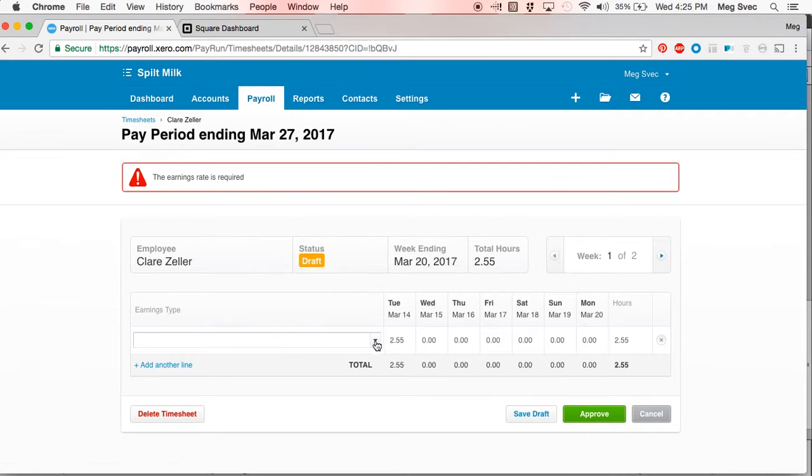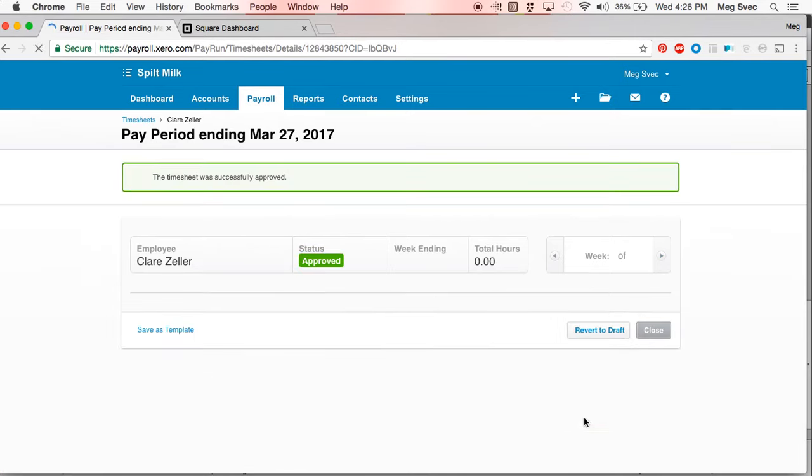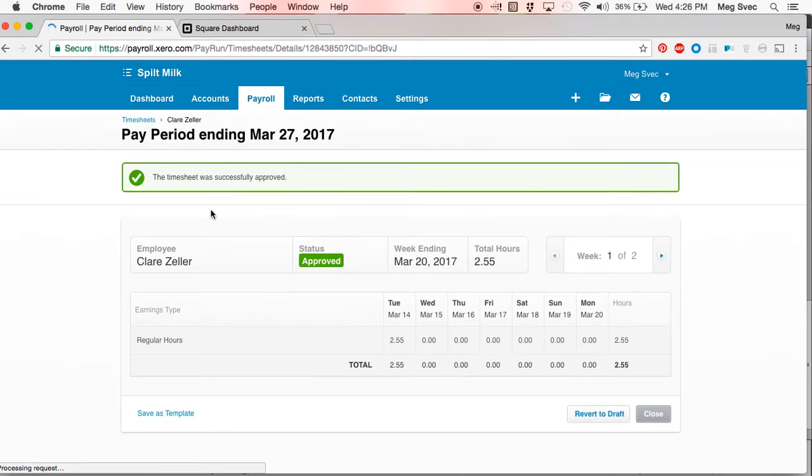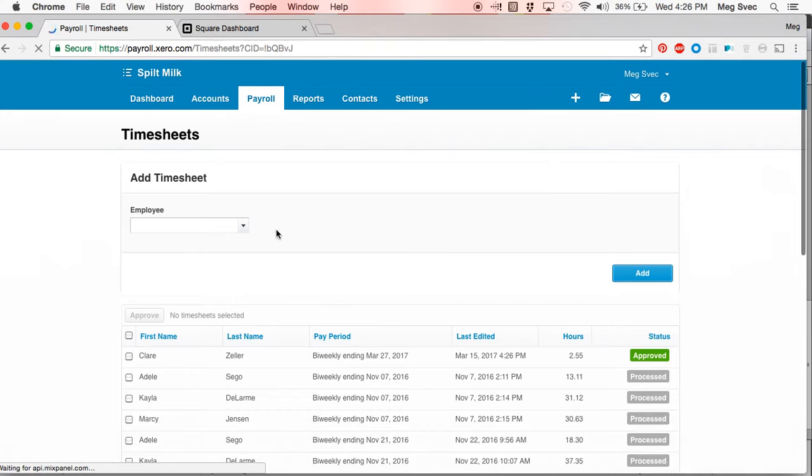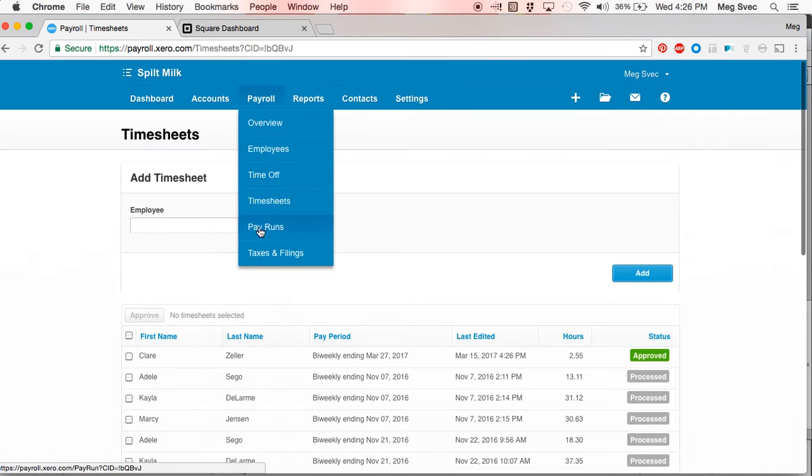Oh, and don't forget to select your earnings rate. We just have 2 earnings types, but you might have more. So regular hours. And that's approved. If you made a mistake, you can click revert to draft, and that's really easy to do. So once you have all your timesheets entered, and you might need to enter more than one, you can just go back and enter more employees if you need to,